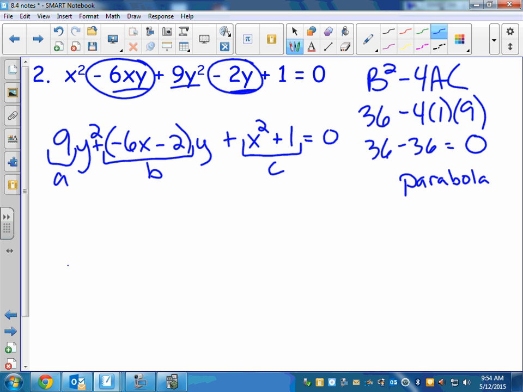So, quadratic formula. Y equals negative b. It's up to you on how you want to do this. But if I take the opposite of this, since these are both negative, is it okay if I just say that my b term is 6x plus 2? Or if you really wanted, you could say negative parenthesis negative 6x minus 2, but I'm just going to say 6x plus 2